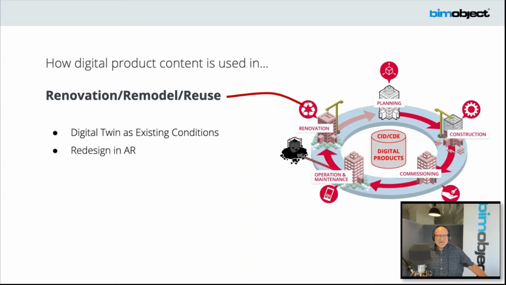So redesign being done in AR. One place that is really big is in tenant finishes, whether it be a mall that is having retail stores or an office building. They're able to use that existing model. They may, in some cases, depending on what they're doing, strip it out and take it back to a white box to run it out again. They're able to walk a prospective tenant through with minimal effort and let them see in an augmented reality situation in their existing facility what their offices are going to look like.